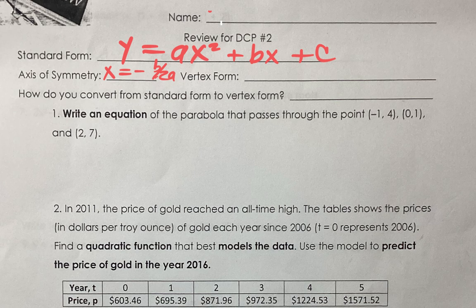coordinate of your vertex. The vertex form, on the other hand, is y equals a, which is the same a from the standard form, times parentheses x minus h squared plus k. And if you recall, (h, k) is the vertex. How do you convert from standard form to vertex form? Well, that's kind of a tricky question. We really shouldn't answer it, but we're going to answer it anyway. That's what we call completing